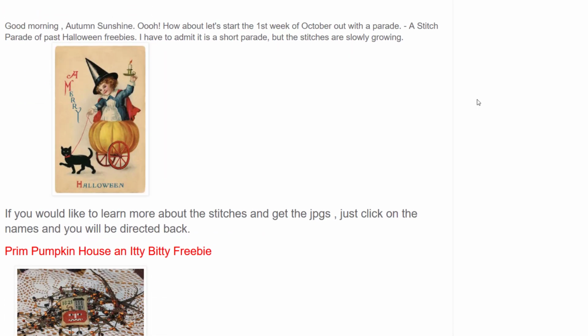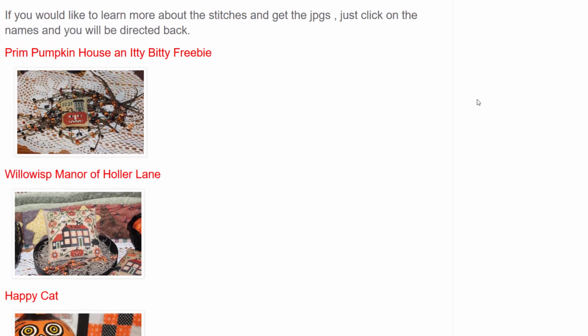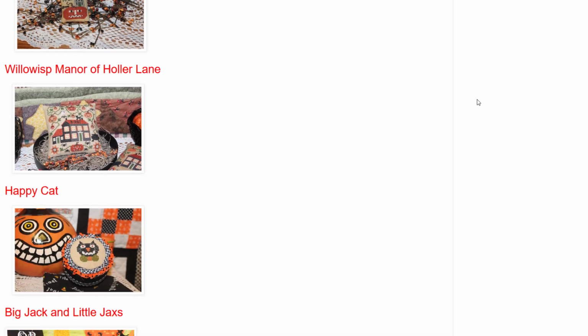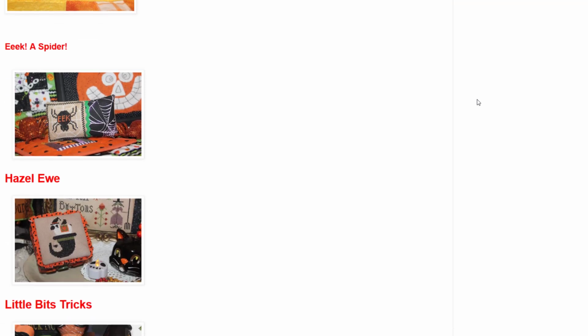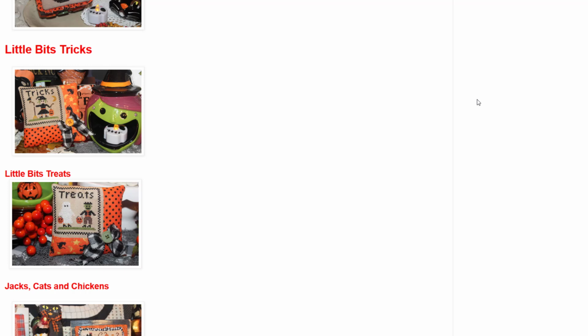So the next link that I'm posting is called Freebie Parade 2. There is a Parade 1, but those patterns are in this parade. And I'm just going to put a video here of me scrolling through it. Basically, you click on the links and it takes you to the blog post where these patterns exist and you can download them. I think some of them you can download as a PDF. Some of them you have to right click and save them as an image. And that is Pinker and Punkin.